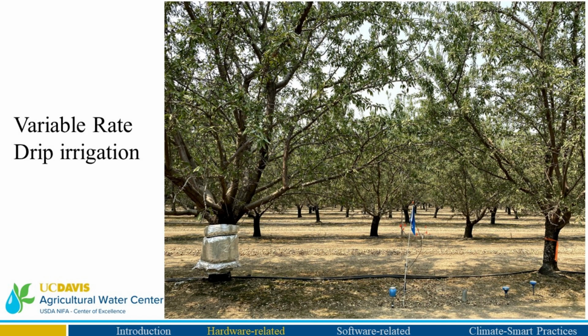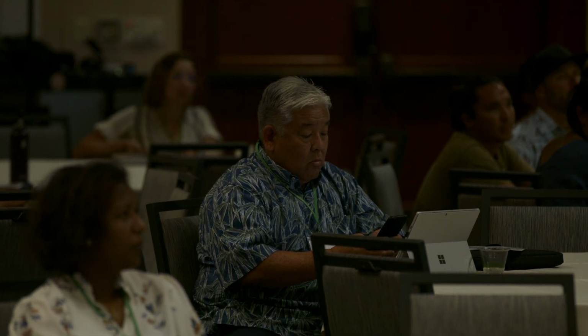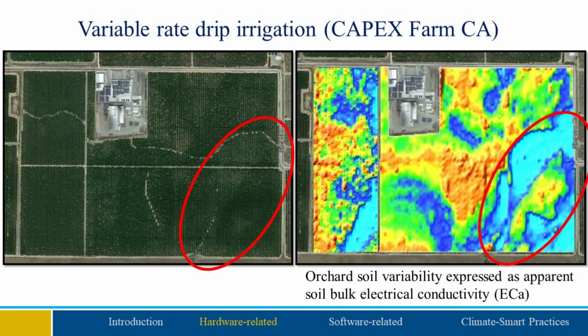But this is an example of an almond orchard of a farmer I work with in California. And when you're in this orchard, all the trees are different. When you put a drip line along a row of almonds, those almonds don't need the same amount of water or fertilizers at the same time. So we need a drip line that can put on different amounts of water along the row. That does not exist. A lot of people are working on this problem, but eventually that's where we want to be. But in the interim, how do you manage spatial variability?